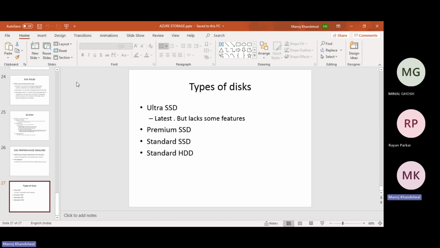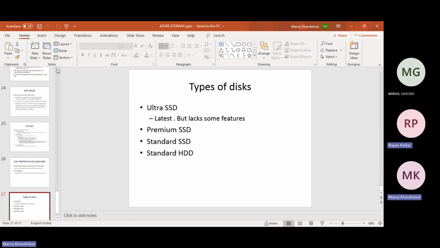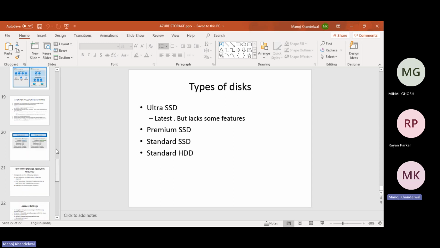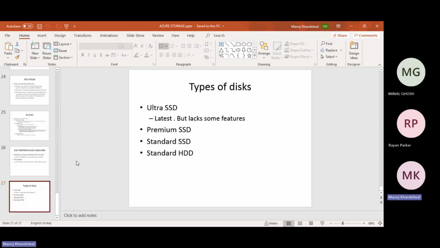All right. So we covered everything about storage today. I hope you guys understood. There are practicals as well based on this. So just a second. So our next class